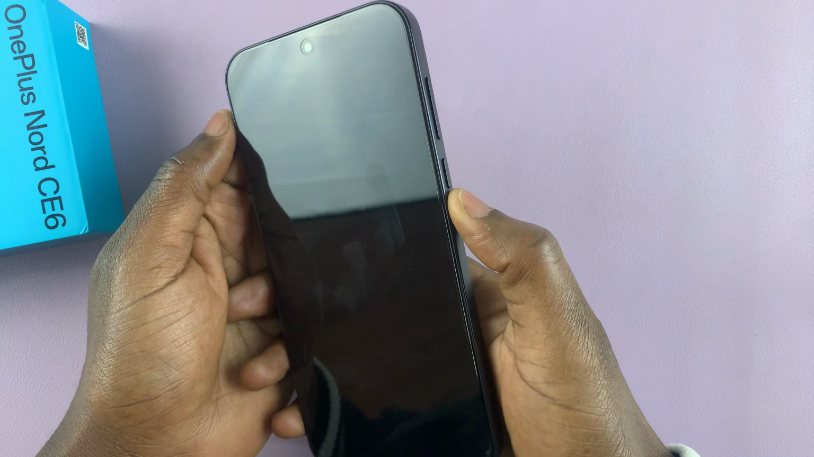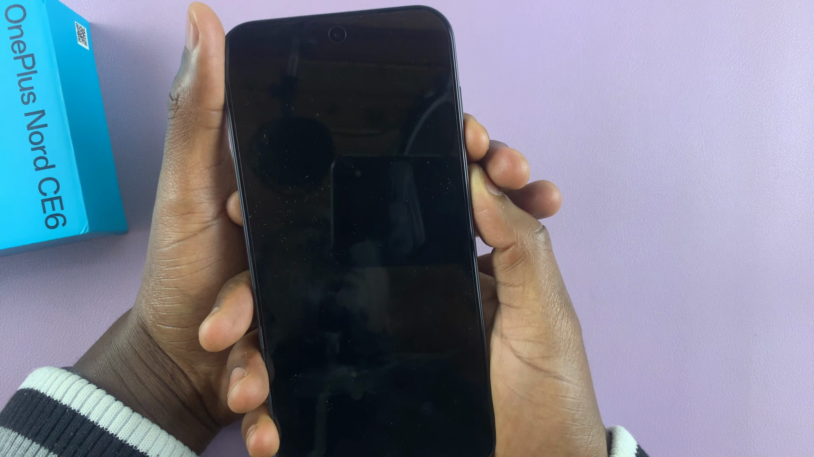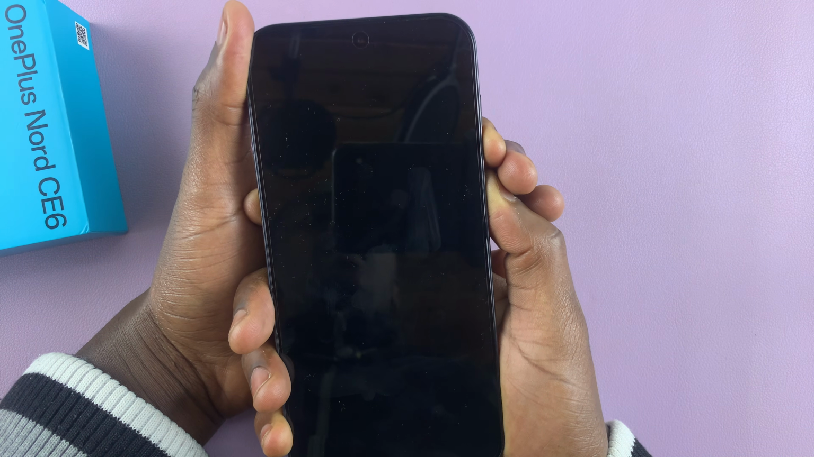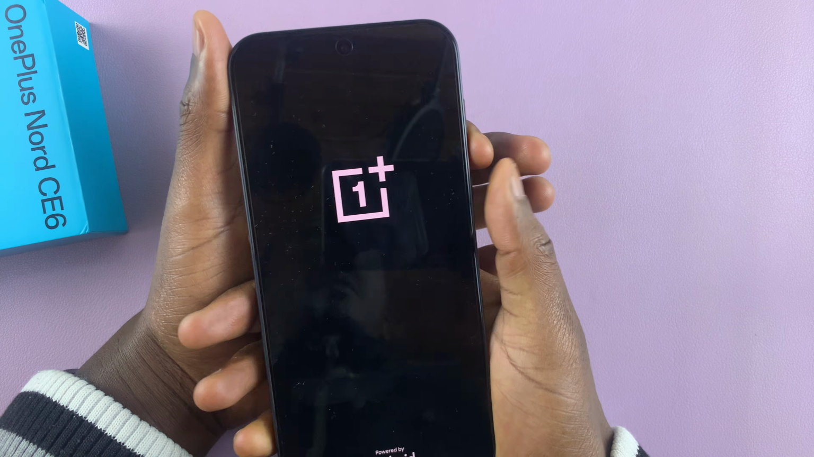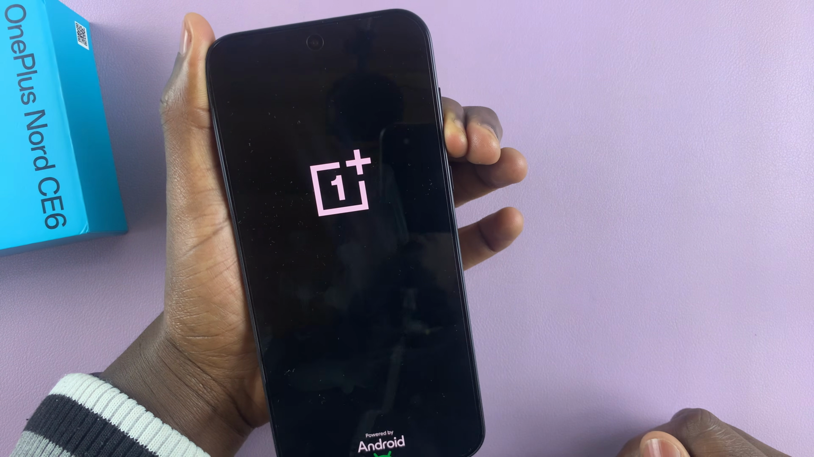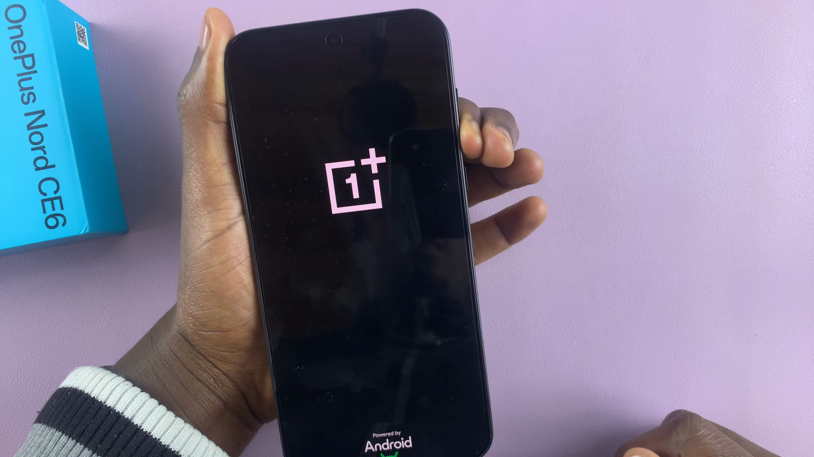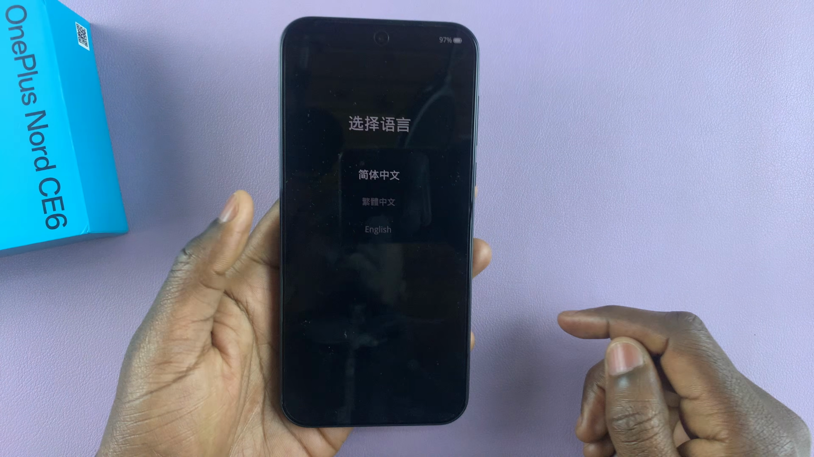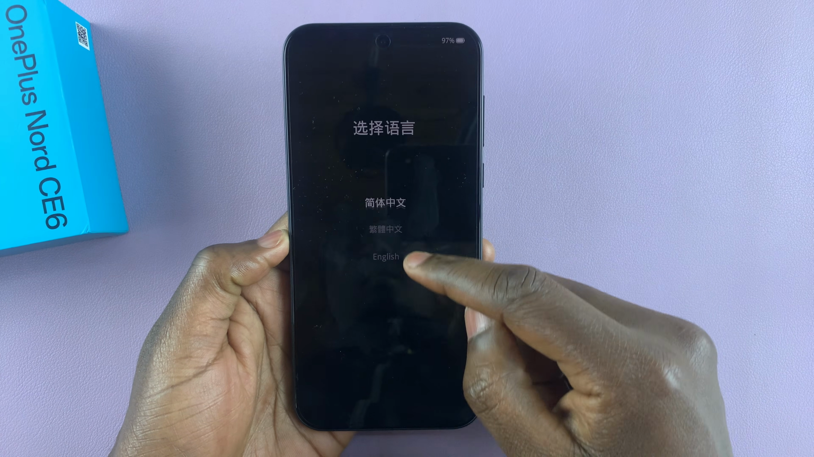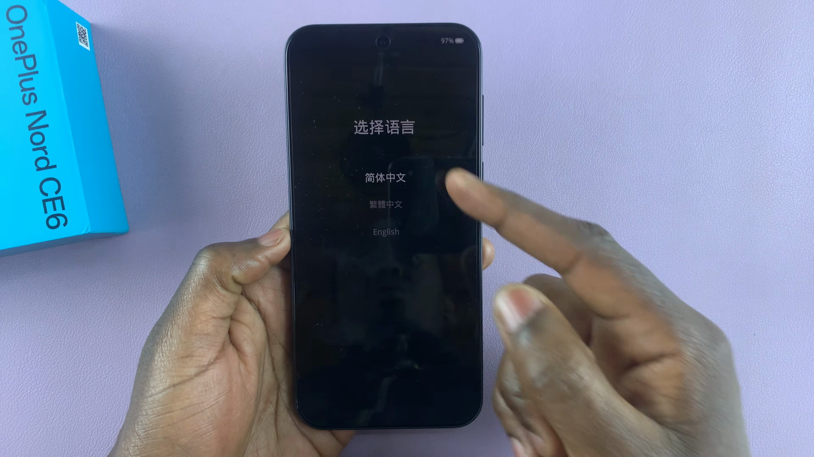So let's do that together. Side key and volume down. So press and hold just like that. Then once you see the OnePlus logo, keep pressing the volume down key until it boots in recovery mode just like that. And luckily for OnePlus, you can use the touch screen to select your items on your screen,